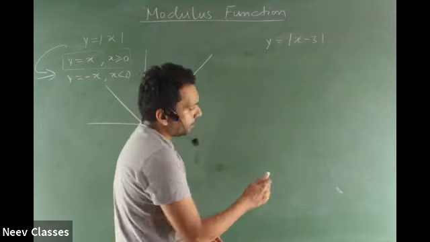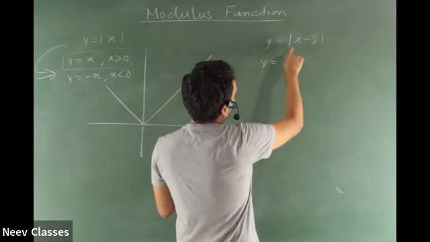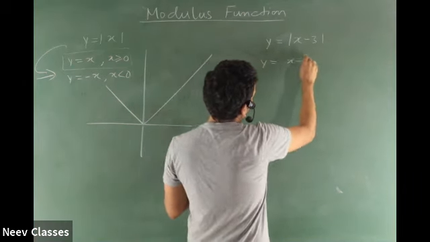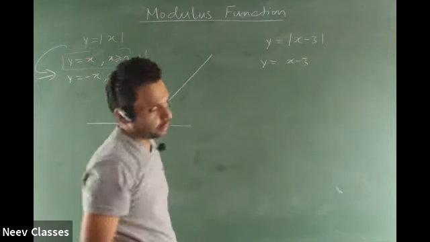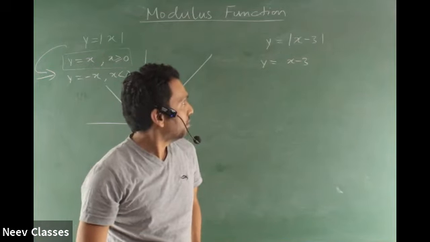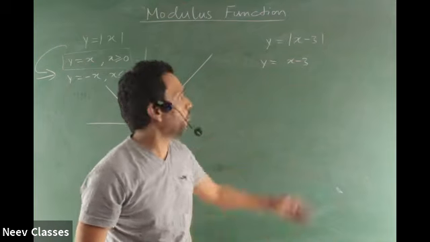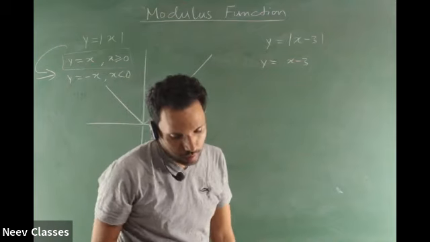Take permission and tell me this graph y is equal to mod of 3 minus x is as good as this, no need of mod, for which range of x? Take permission and speak. Y is equal to mod 3 minus x is as good as this one, and we don't have to add that fancy mod, for which range of x?